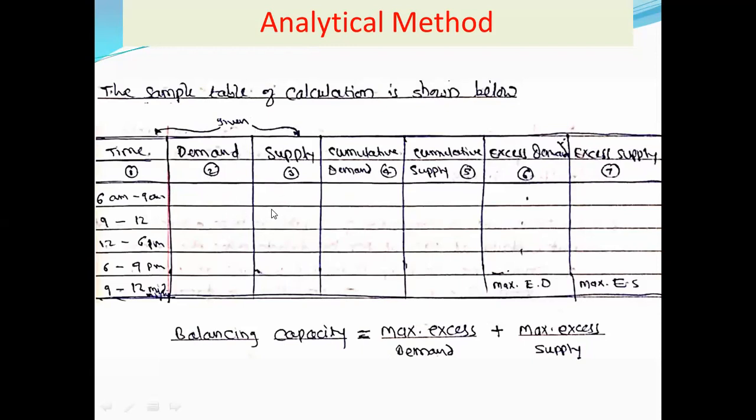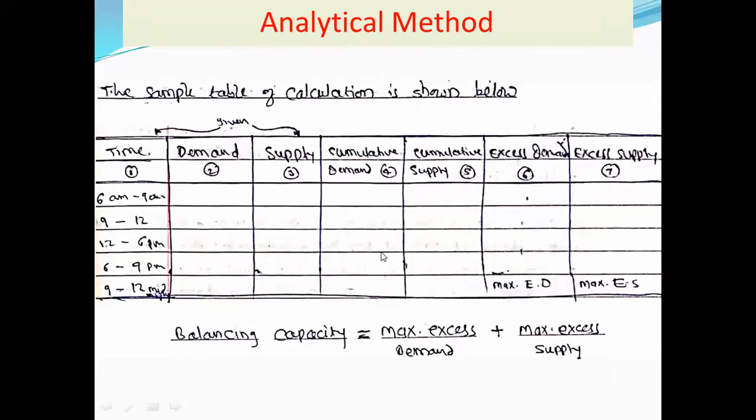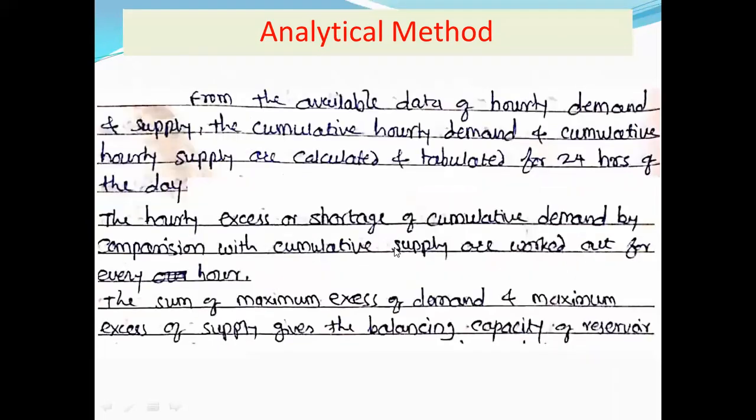Then our next work is to find out the cumulative demand and the cumulative supply. How do we find them? Just go on adding these values. The first value will be as it is, then add this value to the previous value, and then you will get the cumulative demand. We will see these steps in detail when we solve the problems. You will not remember everything I am telling here, but when we solve the problem, you will get a clearer idea.